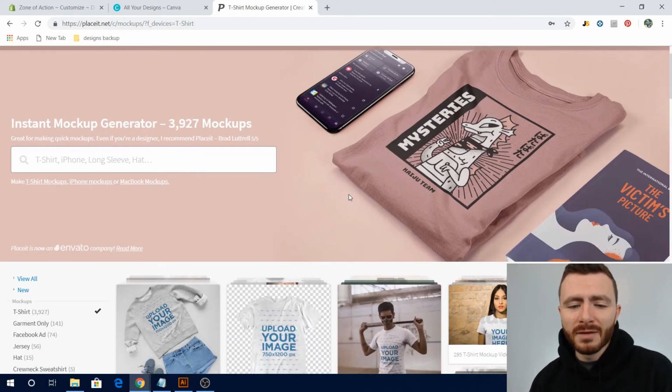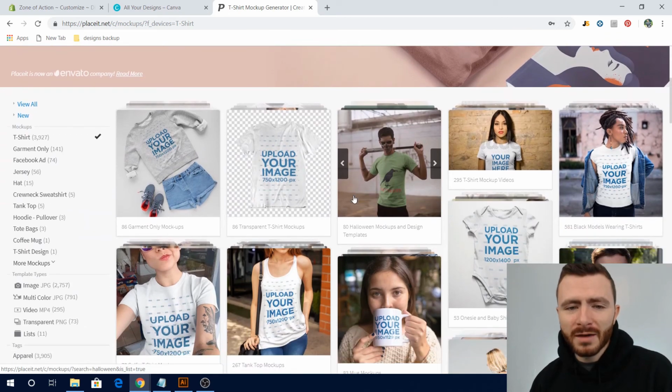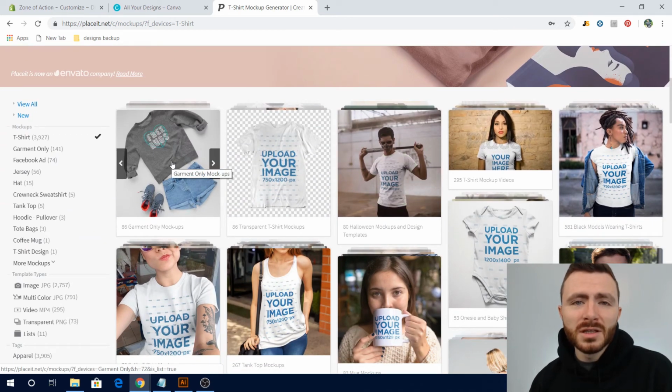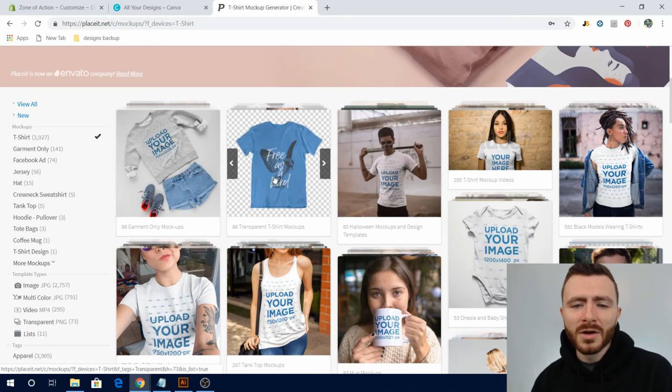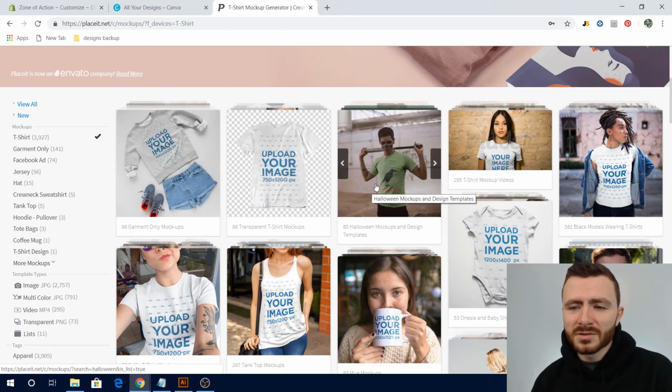So if you scroll down, you can kind of look at what they have to offer. You basically upload the product image that you have. Whatever your product is, whatever design you have already created in a file, you just upload that file and it goes onto these designs. So then you kind of have